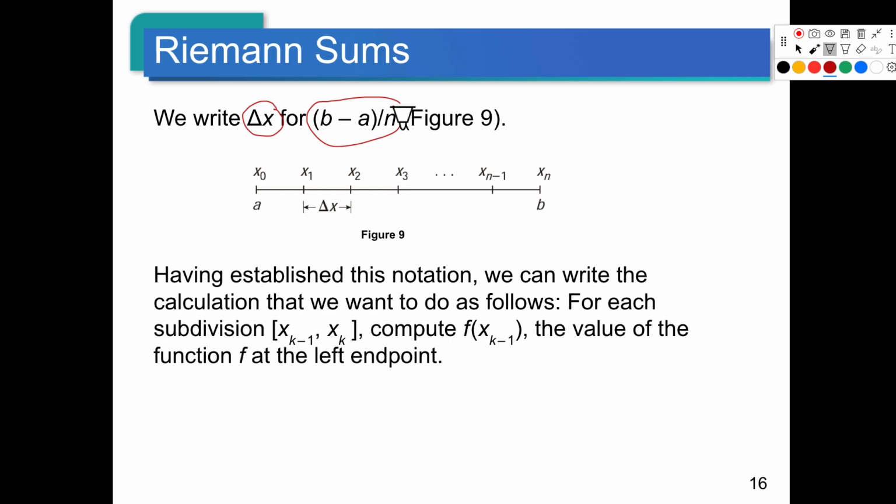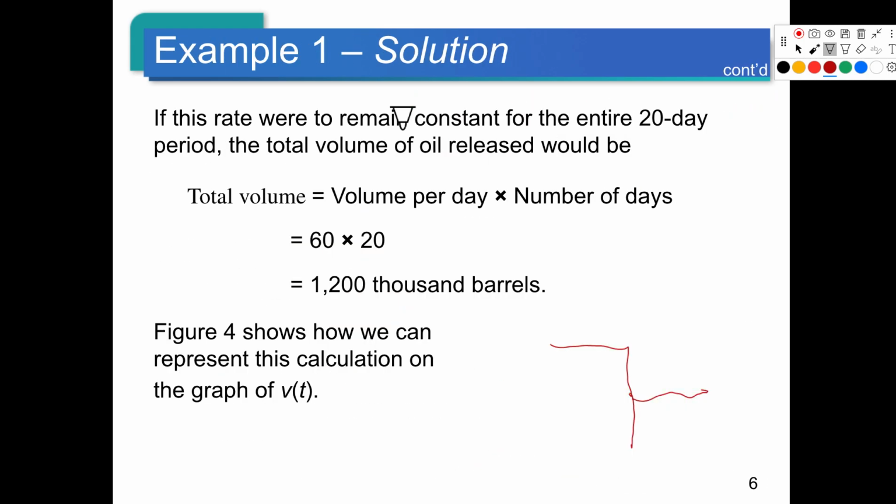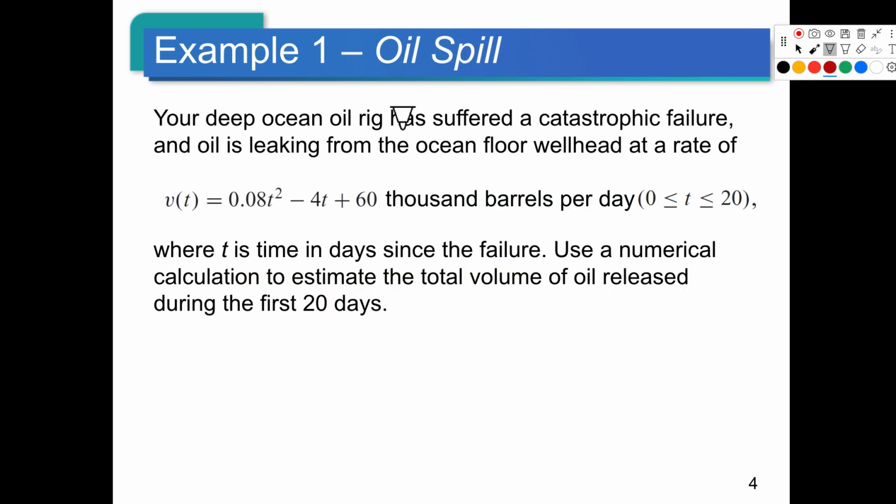Okay, so now where am I? I need that function. So let me back up. What was the function? I'm going to do exactly what we just did. It's 0.08 x squared, then minus 4x plus 60. And the cool thing is it's going to show us a graph. It's going to show us all the little boxes. It's going to do all the calculations that we needed to do. And now that I've entered it,